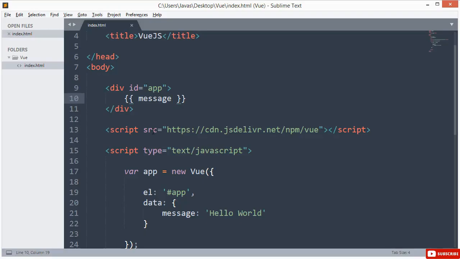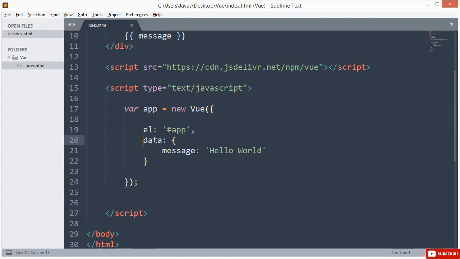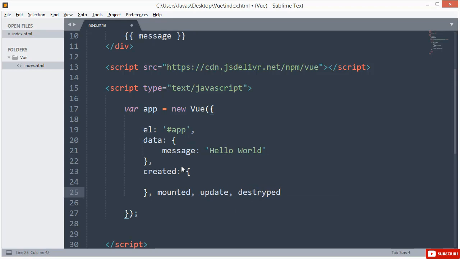There are some methods that Vue contains, for example once the instance is ready, or once the, for instance, we can say created. We can just use created, right? And there are a lot of methods like mounted or updated or destroyed, right? Sorry for the spelling mistake. These types of methods we will try to use a few of them. Created means what, for example, what it does is it will run,